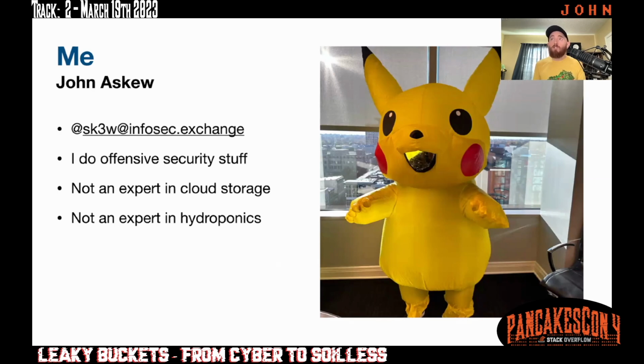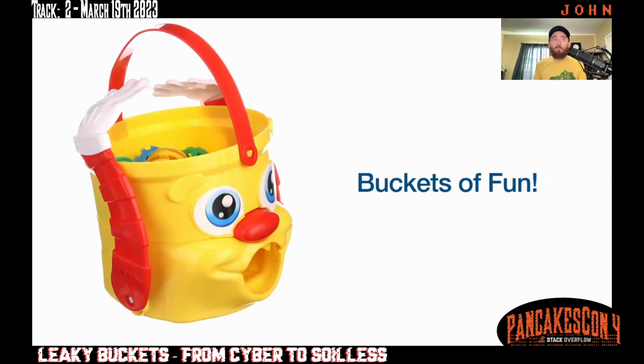This is me social engineering my way into an office building in an inflatable Pikachu costume. Not entirely true. I'm not really a good social engineer, but I think it still counts because I didn't get challenged on the way in. So I'll take it. With all that being said, let's have some buckets of fun.